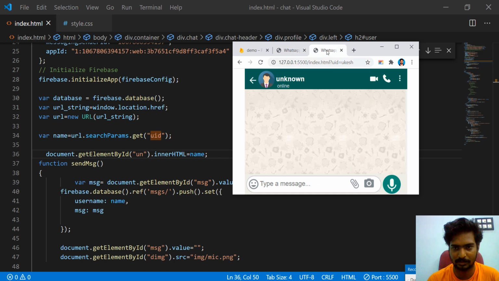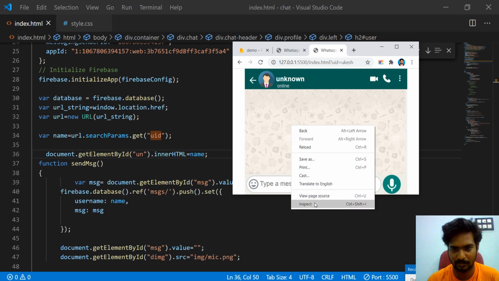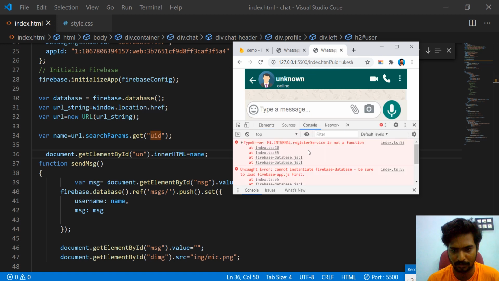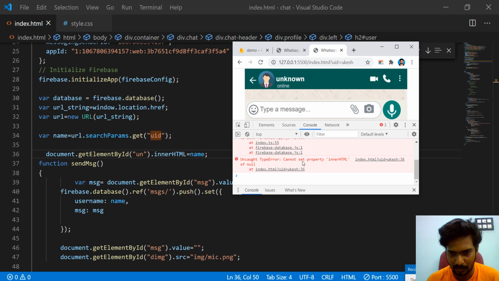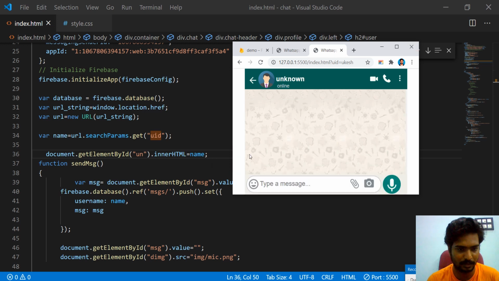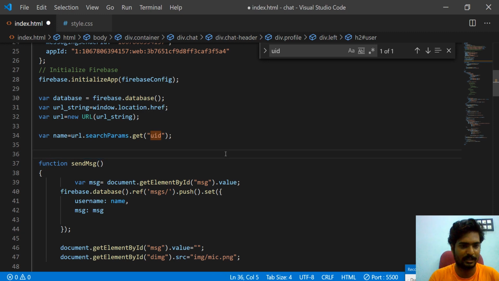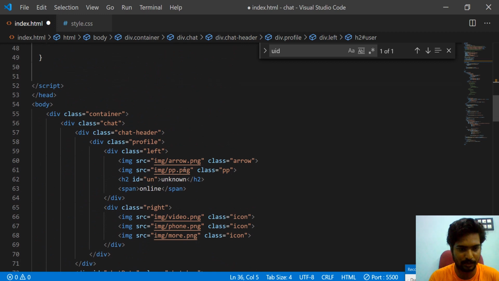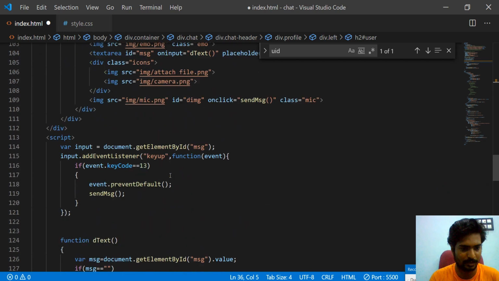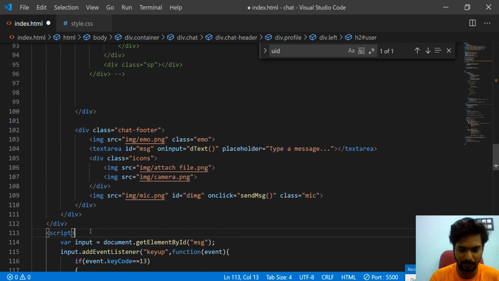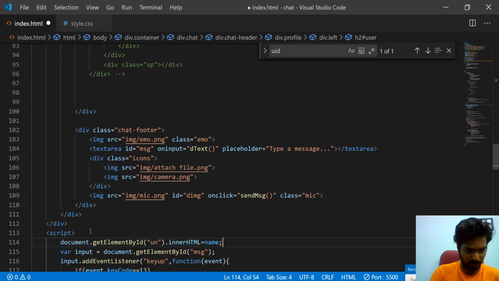It is still unknown. It's not changed. We will see what's happening in the console. Cannot set property innerHTML of null. It means it is not getting the ID. So we will cut this sentence here because we are declaring it here only, and after this we can do it here. We will try once again.